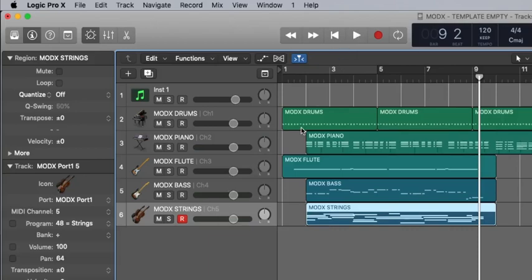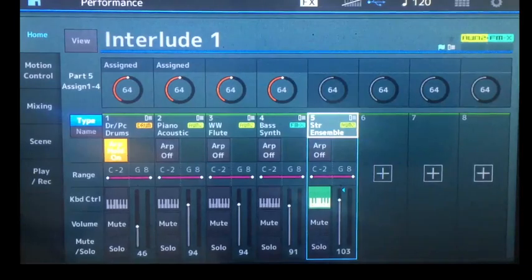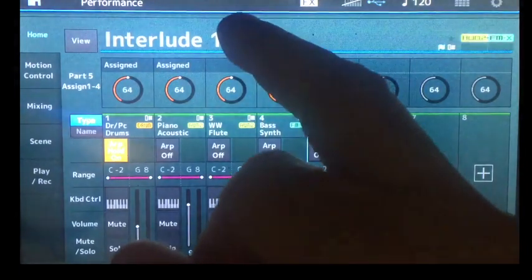MIDI is okay. Let's now see how to record audio. To record audio from MODX to Logic Pro, we have to make some adjustments. As I told you before, MODX can send up to 10 mono channels or 5 stereo channels and can receive up to 4 channels, 2 stereos or 4 mono. To do that, we click here in the performance name,